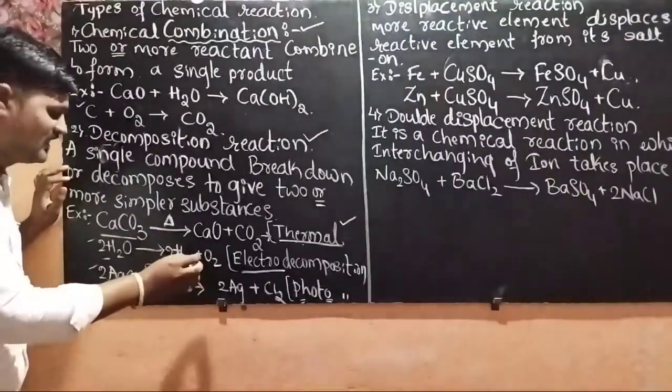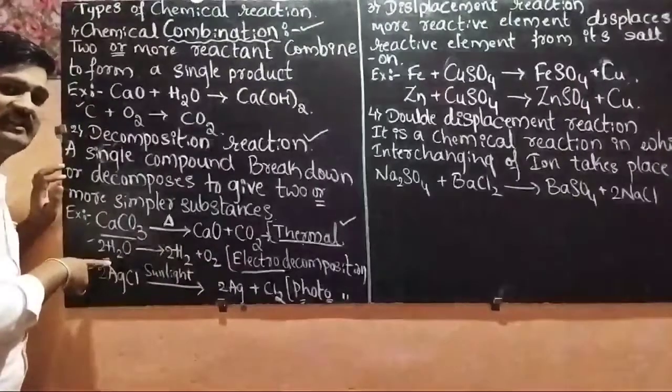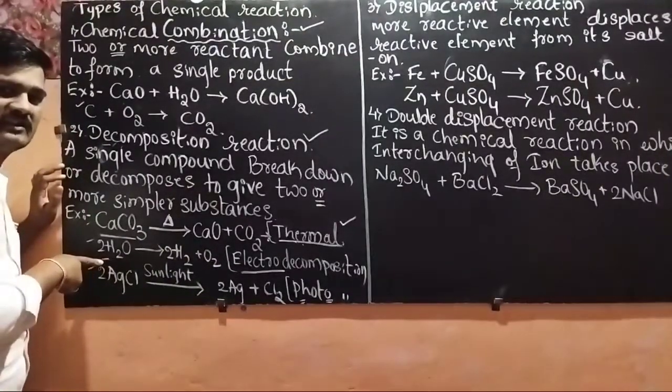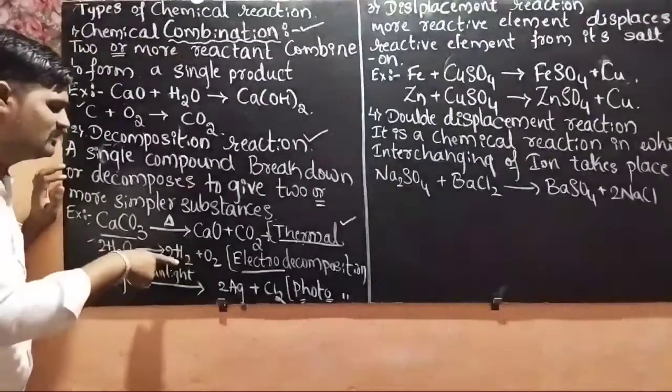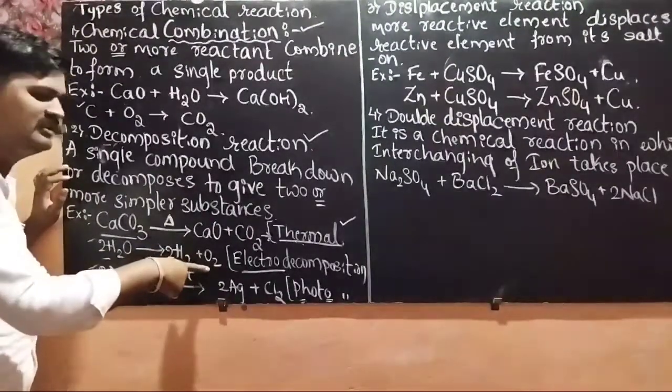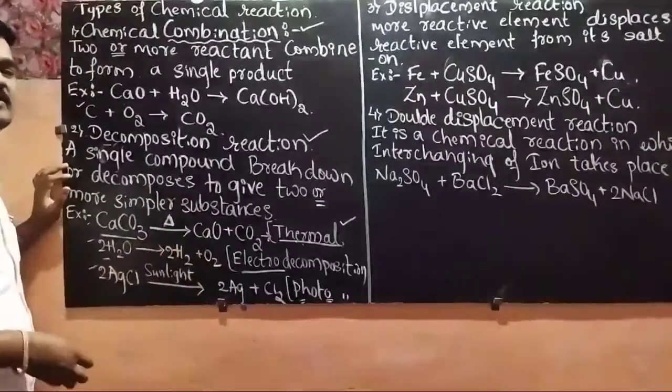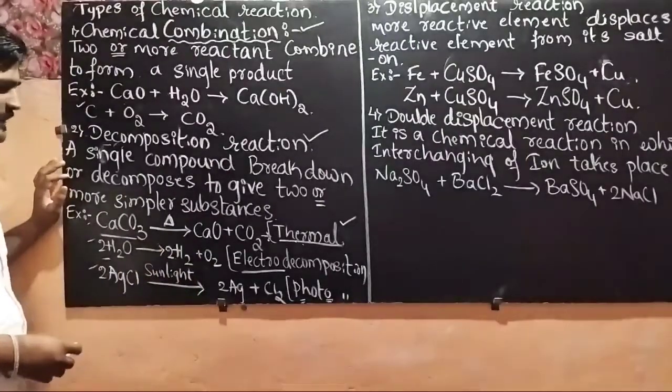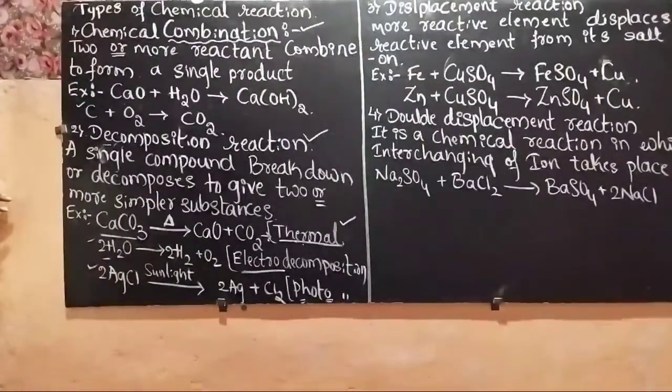Electrolysis of water. In this, what happens when electricity is passed through water? It will split up into hydrogen and oxygen, that is H2 and O2. This is the electrodecomposition reaction. And the third type of decomposition reaction is